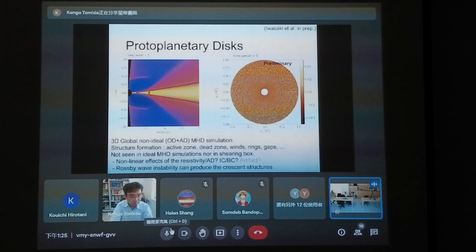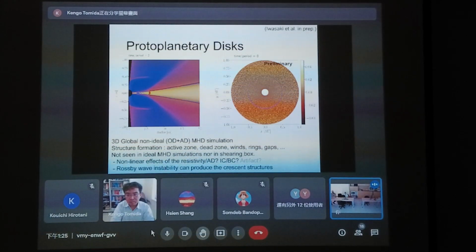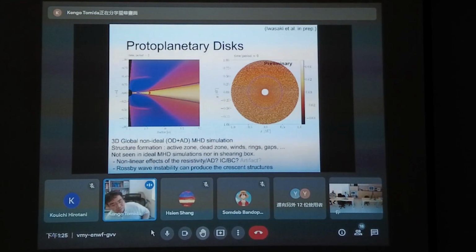Tomida, I have a question here. It's a small question regarding your post-processing radiation transfer. Is it based on Monte Carlo or some other techniques? So yeah, it's still actually planned.